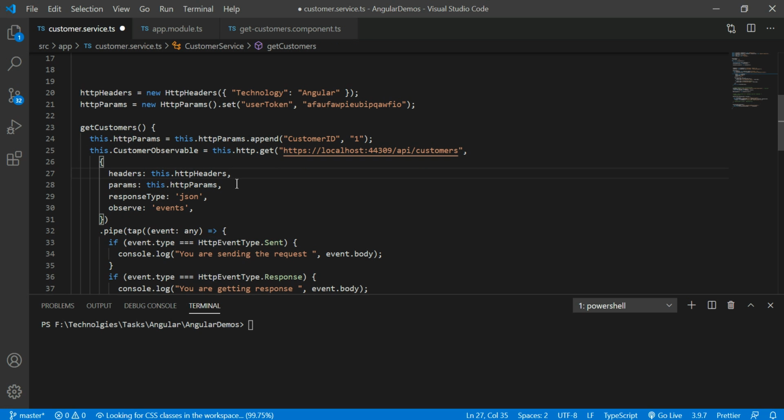But in some situations, in my entire web application, I want to add static data to each and every HTTP GET request. You can't add that static data to each and every HTTP GET request individually. So we have to prepare one centralized location, and in that centralized location we configure this kind of setup. That centralized location is nothing but HTTP interceptors.